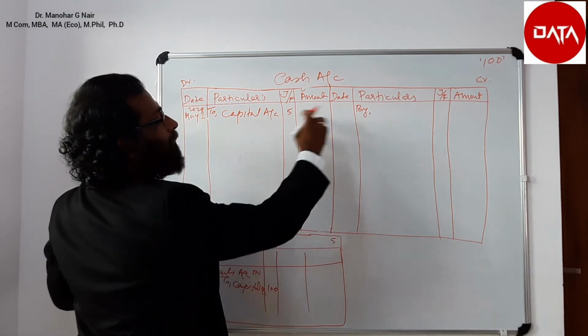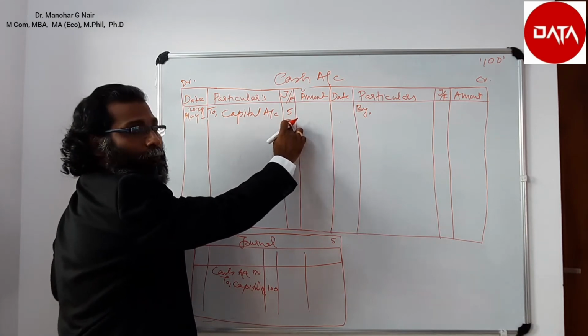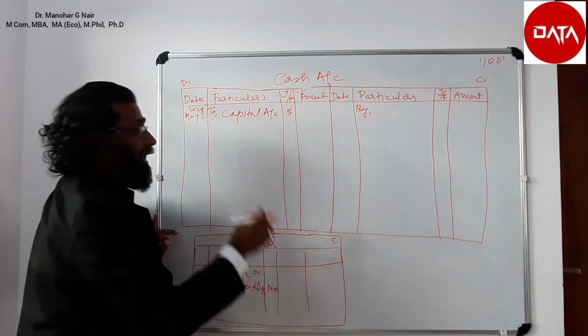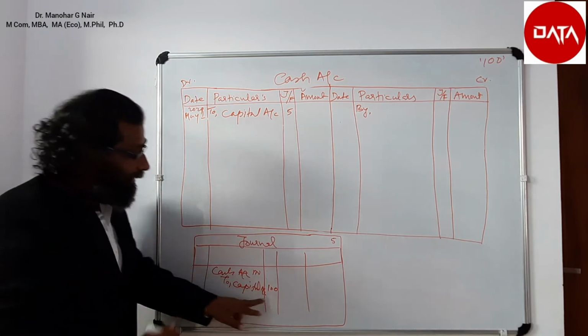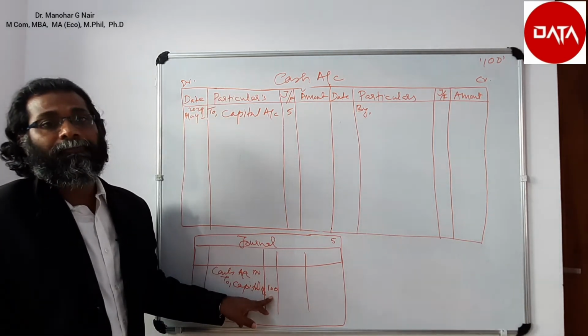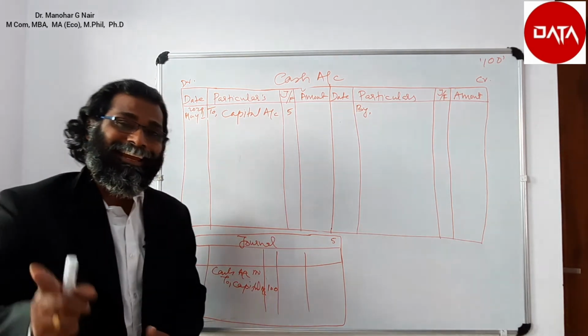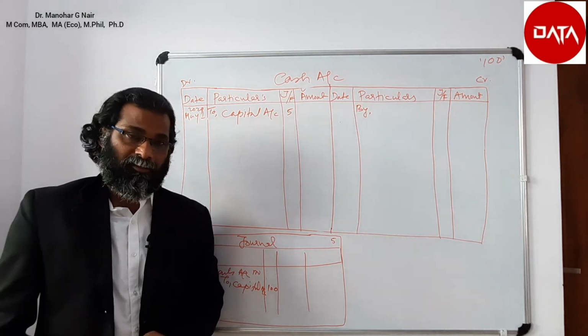That page number 5 we write here in the ledger, under the name journal folio. And now we are writing the page number 100 of the ledger here. This is known as folioing. Folioing is nothing but an indication, giving the index. Hope the format of ledger is clear.